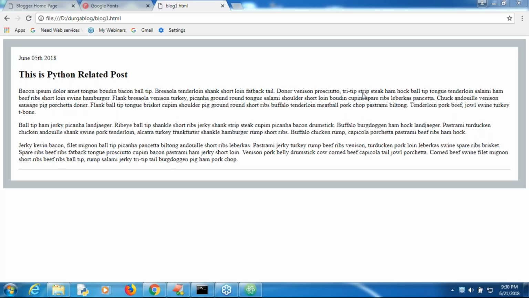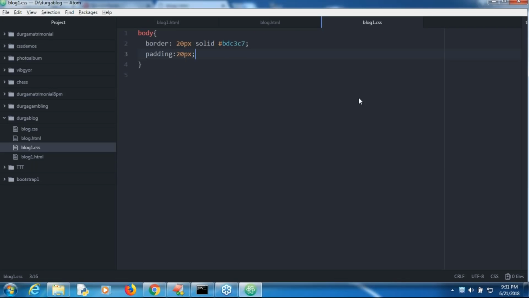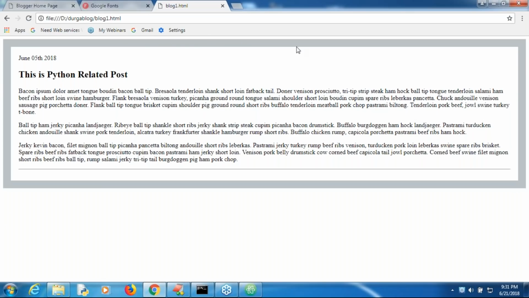Now my next one is the body. It seems that the body occupies the complete page, right? Now I want to set the width of the body to something like 700 pixels. Assume that, sir. If I can take 700 pixels,